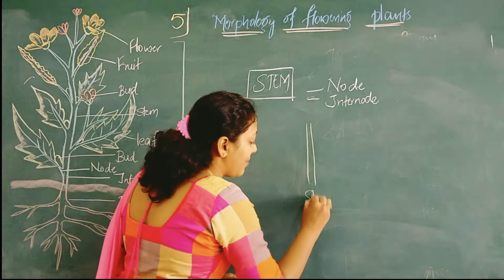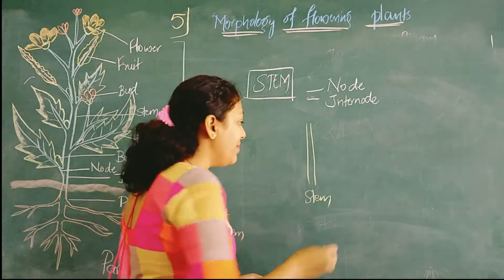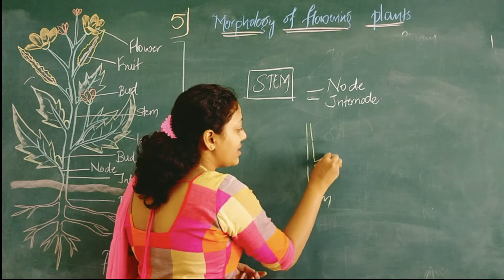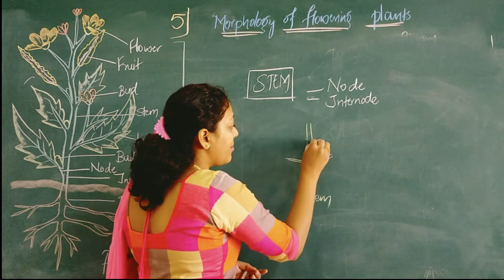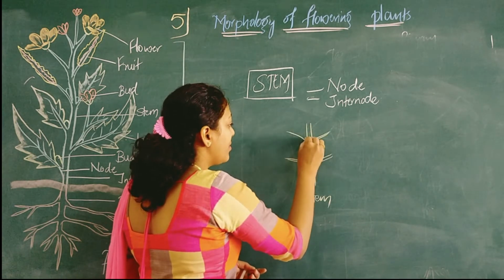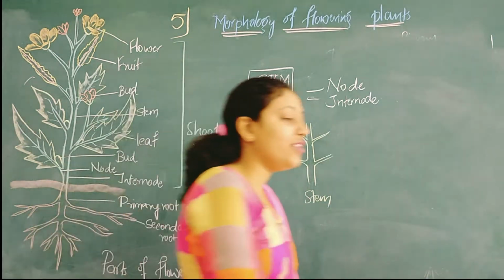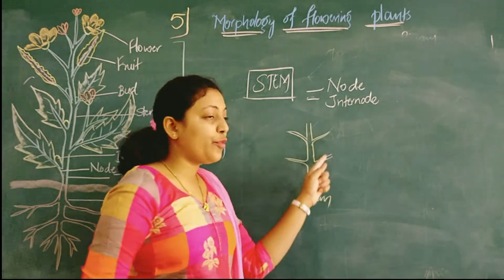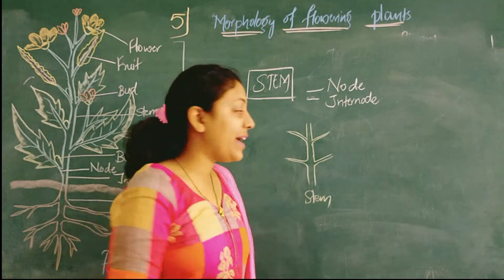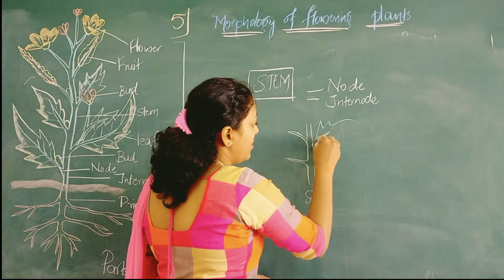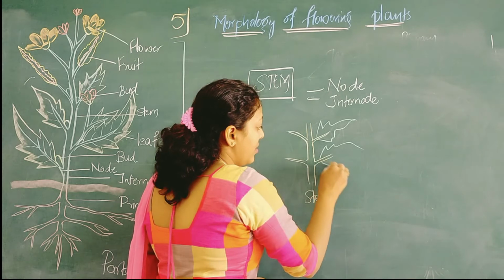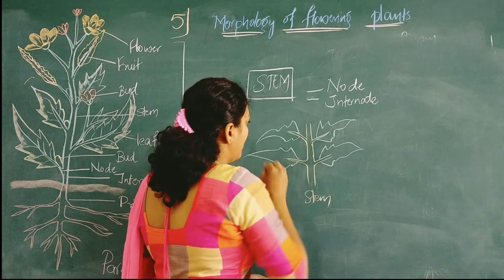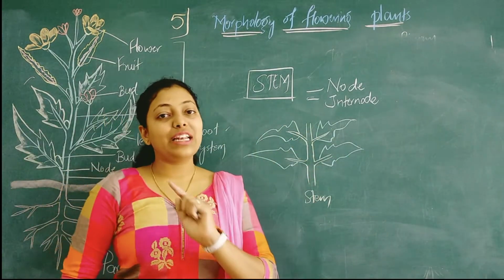This is a stem which you can see. Here the stem has certain branches. This is a branch which arises from the stem. The branches again have leaves. Singular we call it a leaf, but we have four over here, so in plural we call them leaves. You can see I have drawn four leaves over here.